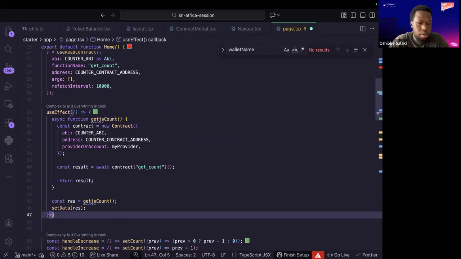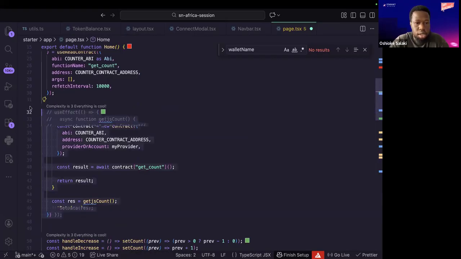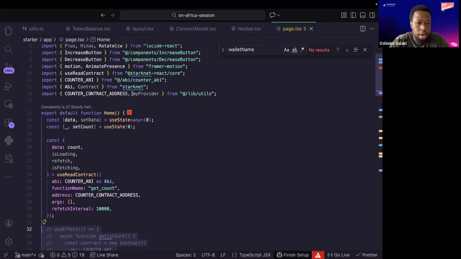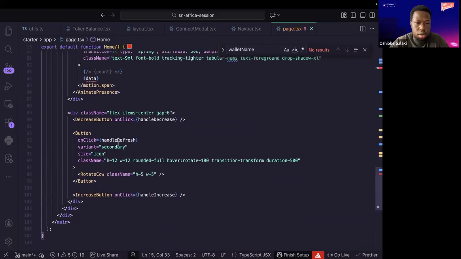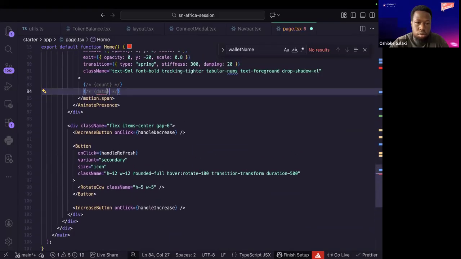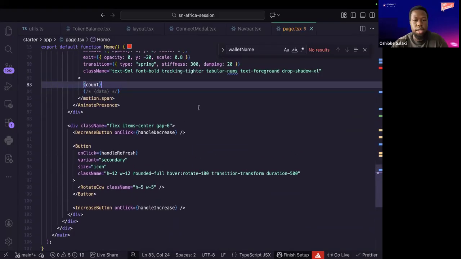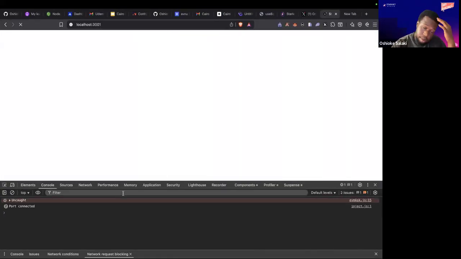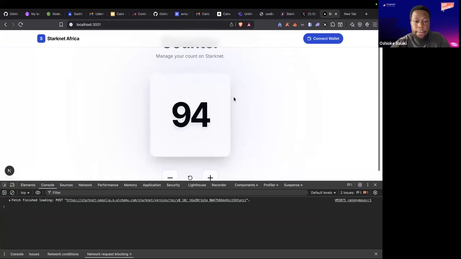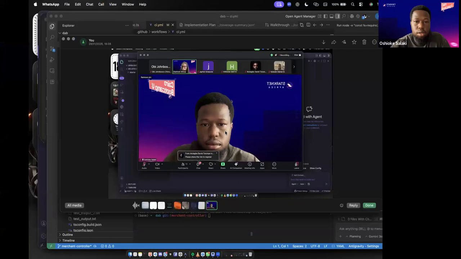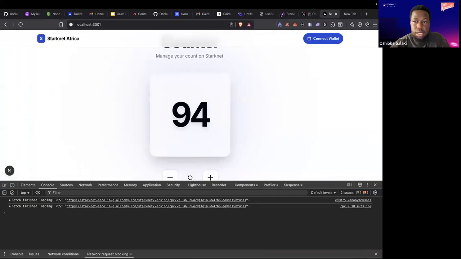So I'm going to remove all of this, and we just stick to the counts that we've used, useCounts like this. So you see that both of them gave us 94. So yeah, the next thing that we need to do, so no waste time, is